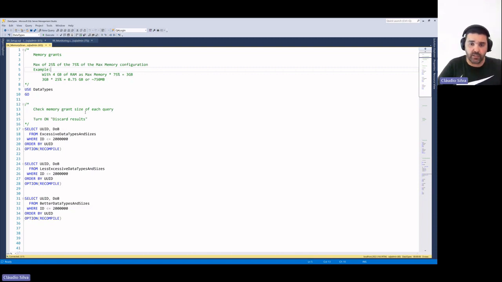Why is this important? Let me do a quick parenthesis. If you run the standard edition, for instance, you may have seen before that there is a cap on the max memory that you can have for the buffer pool, which is 128 gigabytes. And that is correct. You can have 128 gigabytes for the buffer pool, which also contains some memory quirks and some other stuff. However, what about in-memory? What about the columnstore indexes? Even with standard edition, you get some extra gigabytes for those things, which doesn't count inside of this max memory setting.